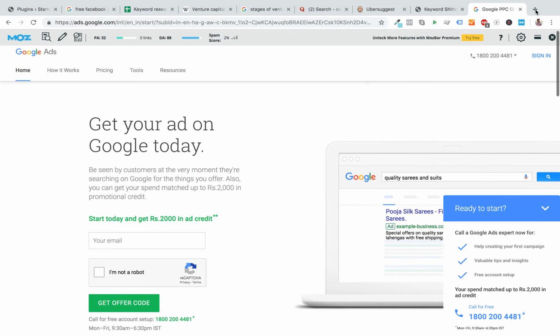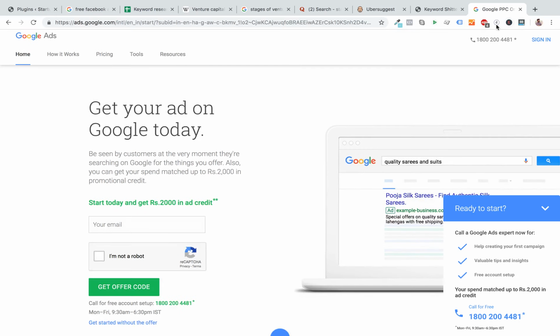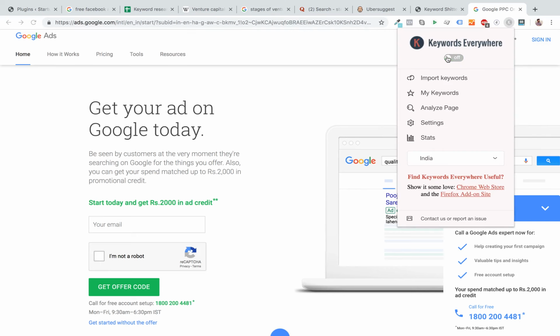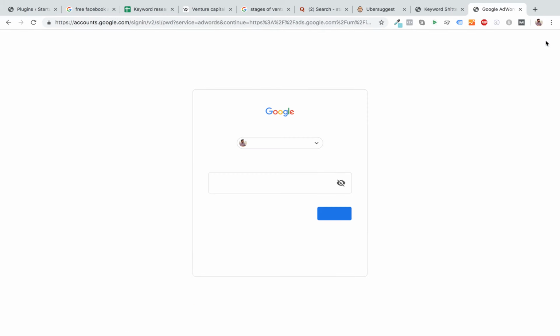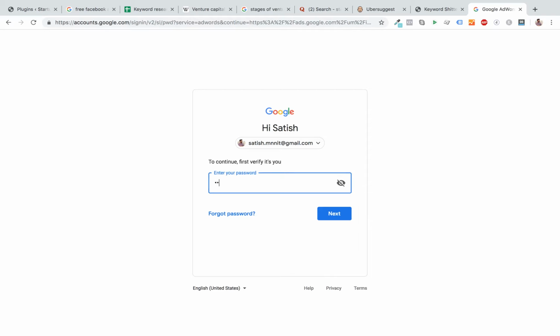Okay, we'll just turn off Chrome mouse for a while, just slowing things down. I'm going to turn off Keywords Everywhere also for a while. So I am going to sign in with my Google account. Okay.